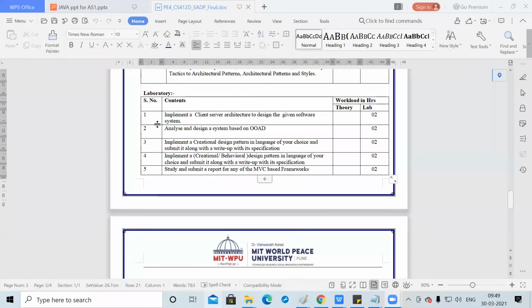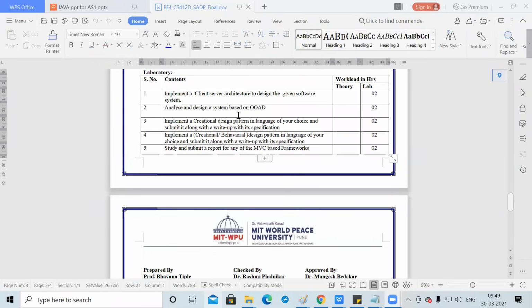The next assignment is based on analyzing and designing a system based on OOAD, object oriented analysis and design. We have to make a separate design, or analyze a particular design, to build a particular software system. So this is the second assignment. The third assignment focuses on the creational design patterns.